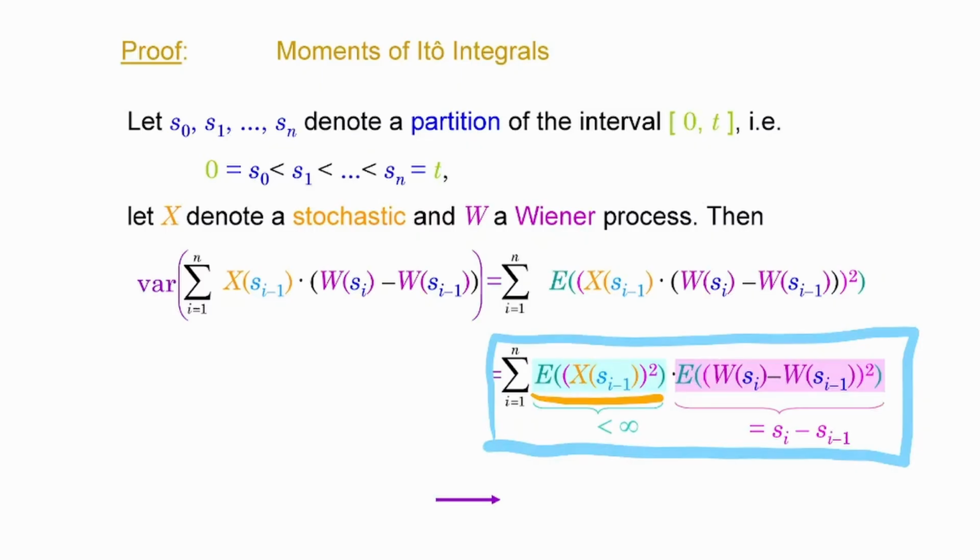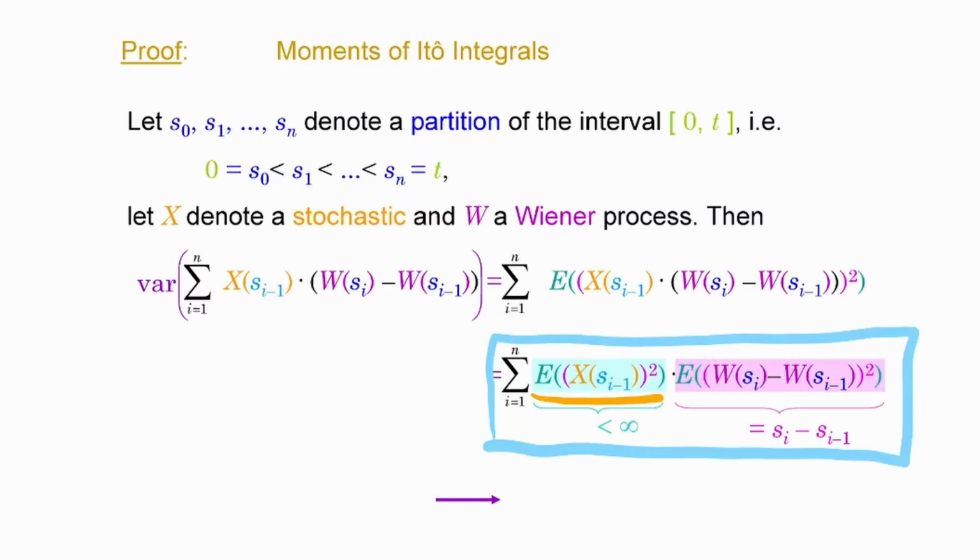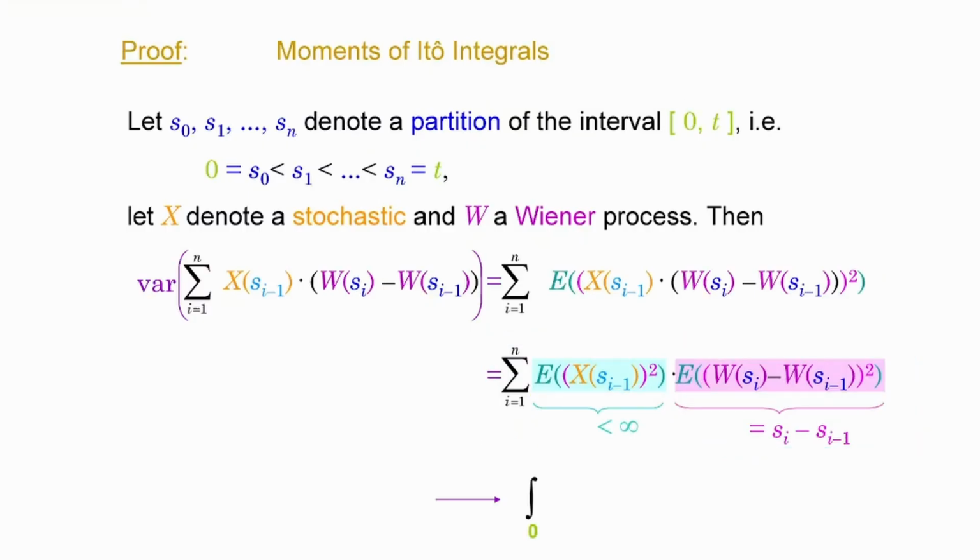So this is the Riemann integral of the expectation of the squares of X, but a specific Riemann integral for the lower endpoint of the partitions. But it doesn't matter. For the Riemann integral, it doesn't matter whether you have the lower or the upper endpoint of the partitions. And how does that look like? Well, it looks like this. This is what it's going to be. So that's going to be the issue here for this expression.